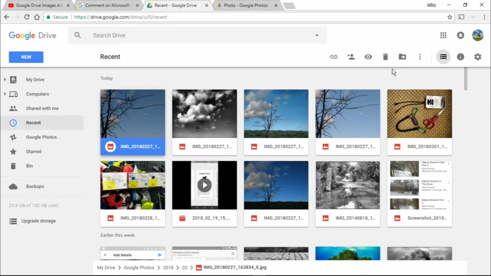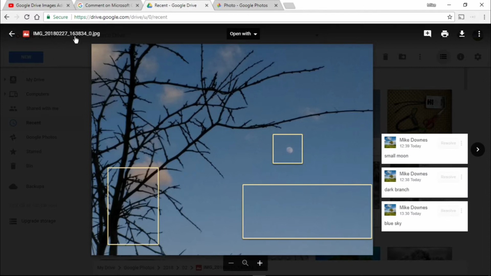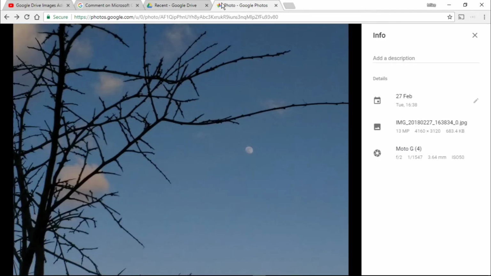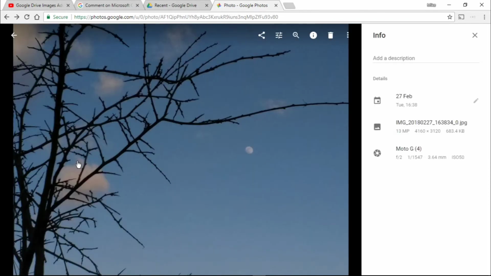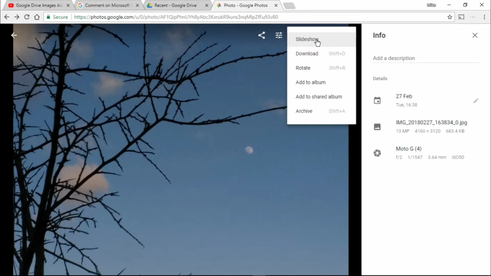So the point of it, to sum up, is when we go into this image, and this is the big deal, the image ends, in this case, in 3834_0, and I've got clearly three comments. If I go over to Google Photos, then I've got the photo, but I've got nothing in terms of those annotated comments, which clearly, as we know, Google Drive Photos is not Google Photos photos, if that makes any sense, and you can associate or disassociate your Google Photos with Google Drive. So I can add a description at the top, and my options down here in the normal way, I can download the things,